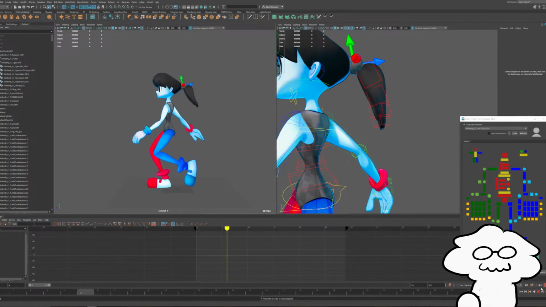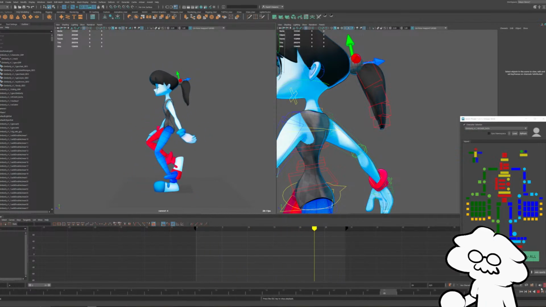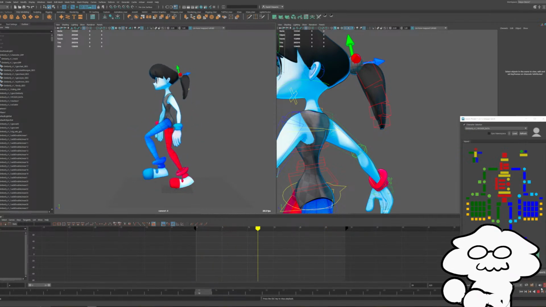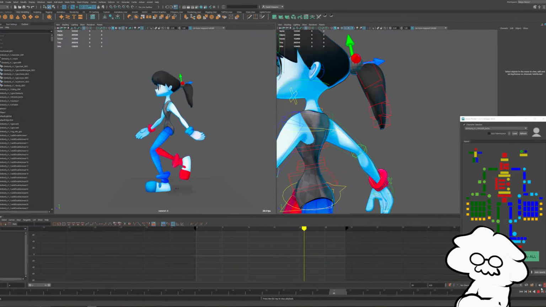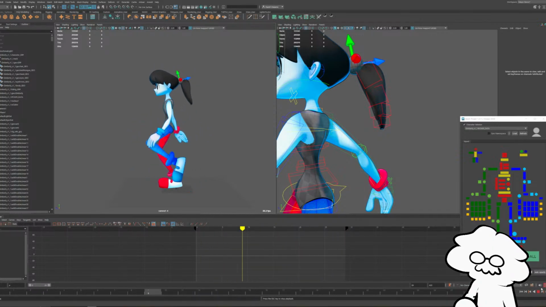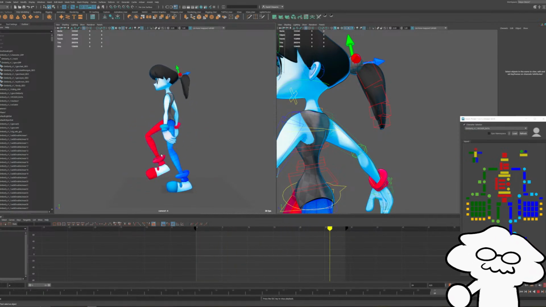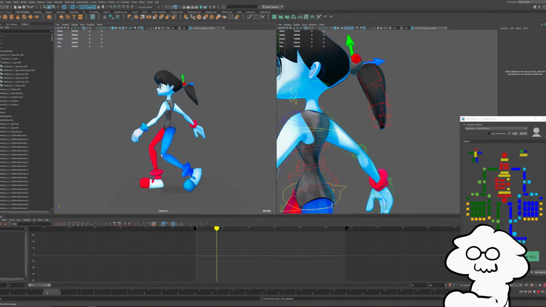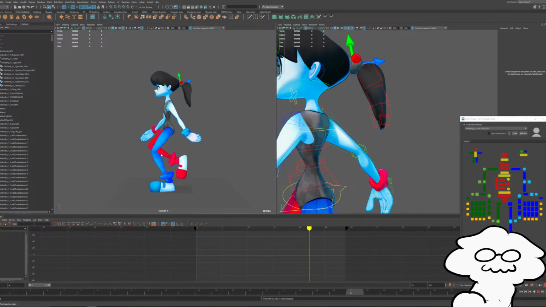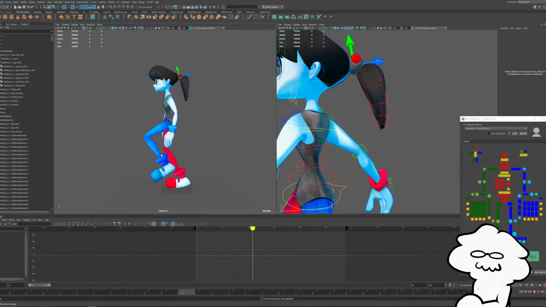I'm pretty happy with this. There's a lot more I could do to polish each individual part of it, but I think for a basic walk cycle, that would be what you would start with. There's small things, like I'd probably separate the legs a little bit more. I'd curl the fingers inwards to have them drag behind. Lots of little things. But I think those would be pretty much all the steps I would do for a very basic walk cycle.